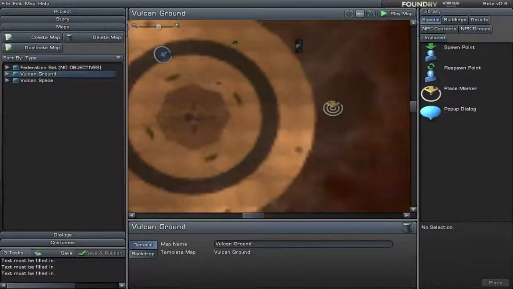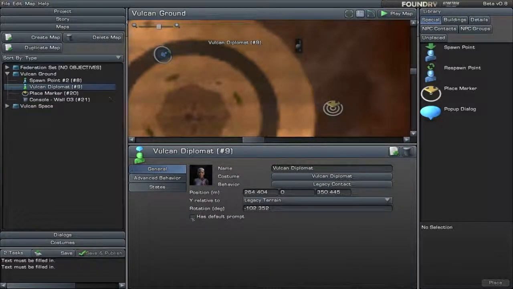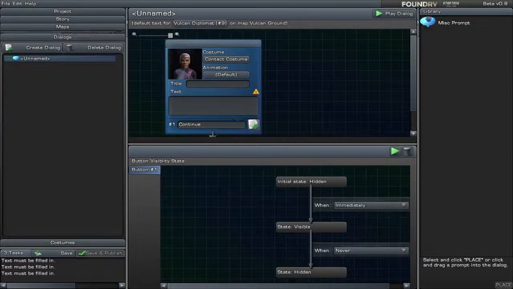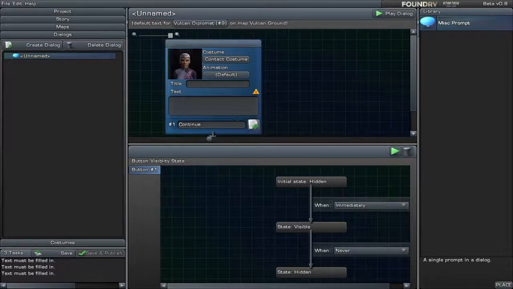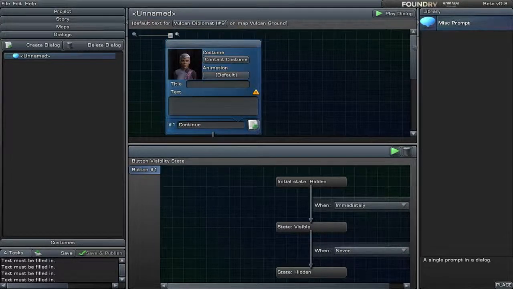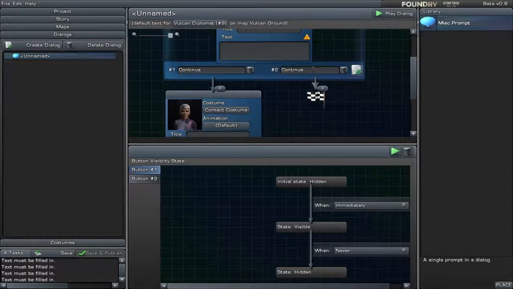And if we click on her, she has this option, has default text. And if we go into the advanced dialogue editor, we can create a much more elaborate default dialogue for her that could involve different choices or different options, and each of her buttons here has triggers. So for example, if